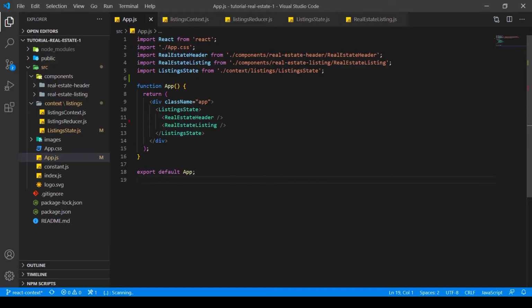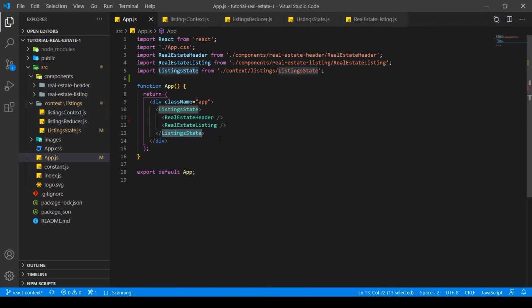So in our example, this is now the new code base. This is the app.js, where we can see we don't have any functions or any states or any hooks or anything in here next to our components and this new state wrapper, the listings state. What this exactly is, we will go into more in depth in this video. And you can also see the only thing that is new at the moment here is that we have a new folder context with another folder listings, and there we have the three files, which are listings context, listings reducer,